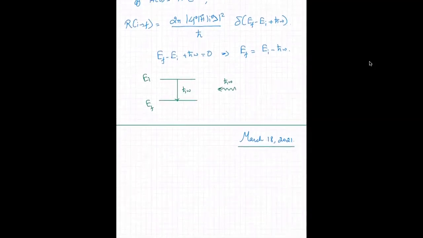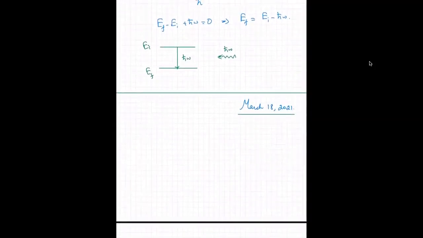In other words, if you start with a perturbation h tilde of t, which is something like h1 e to the i omega t plus h2 e to the minus i omega t, then the rate is given by a sum of two quantities. The first quantity is obviously